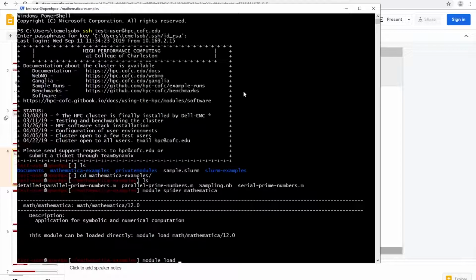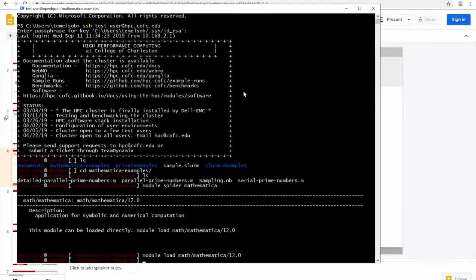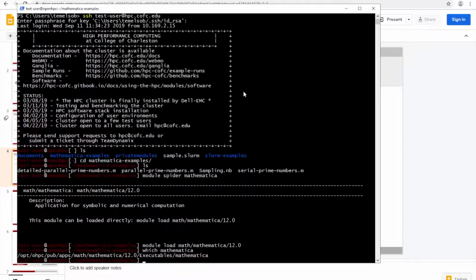So let's load that one. Okay, so there's Mathematica. If I want to run it using a text-based option, I'll tell it math run,